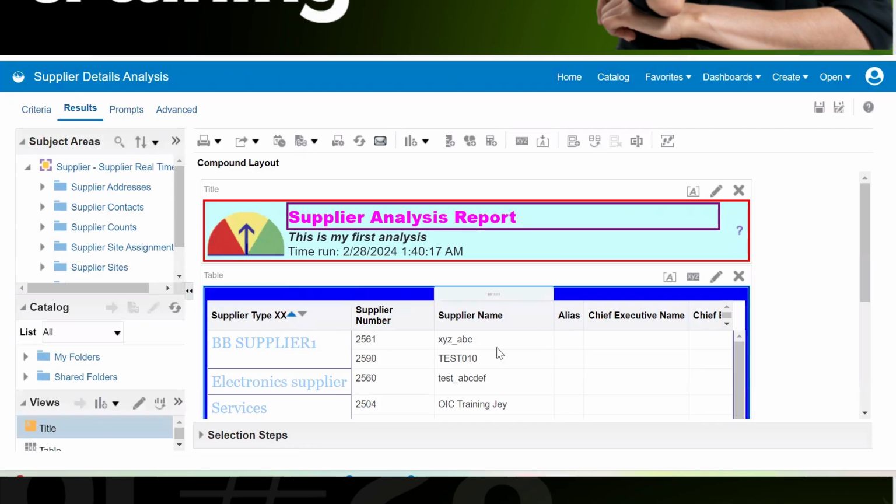In case you want to change the blue color to some other color, that is also possible, and you can set the values.